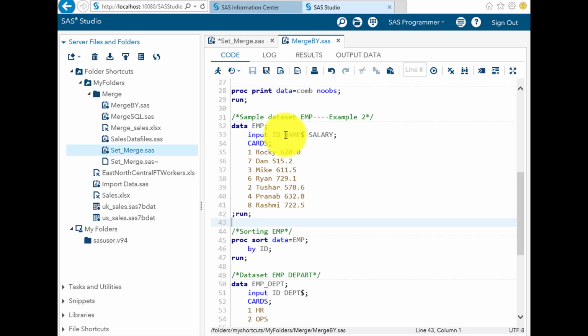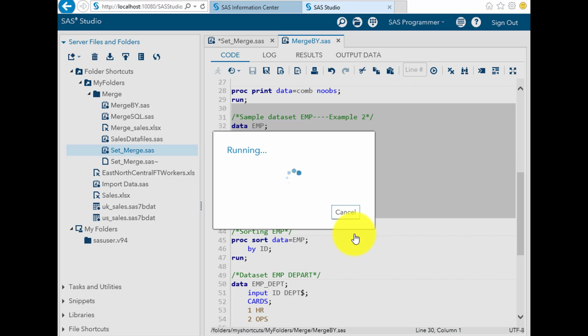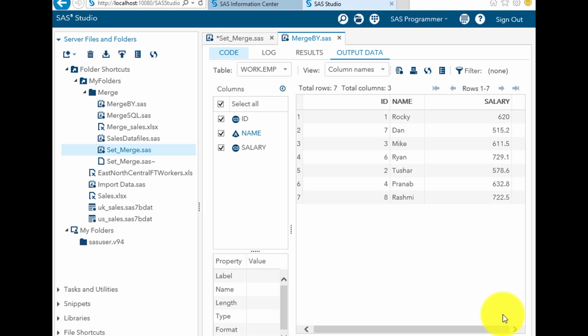One thing you can notice is that name is a string variable, so we are using name dollar. The rest are numeric variables, so we are not using any dollar, like ID and salary. So let's create this dataset EMP. Okay, so you can see this EMP dataset has been created, and it has 3 columns: ID, name, and salary.